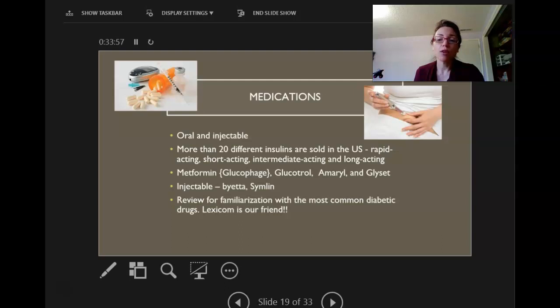Table 59.3 in the 5th edition shows the types of insulin and their onset and duration. And then I think in the other slide I told you the coordinating one for the 4th edition. Oral hypoglycemic agents are only used in the treatment of type 2. So type 1 diabetics don't take an oral pill. They just do the injection of insulin.